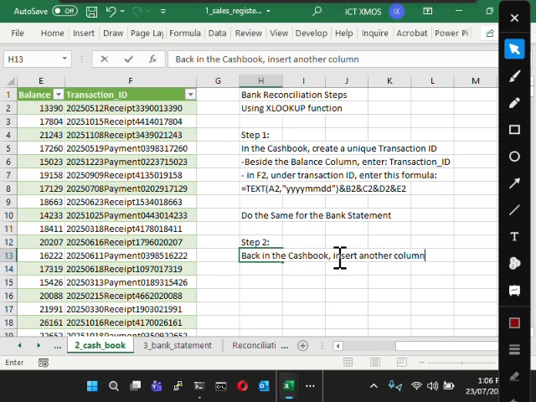So we are back in the cash book now. Insert another column, which will be after transaction ID. It should be G now. Under G, we type